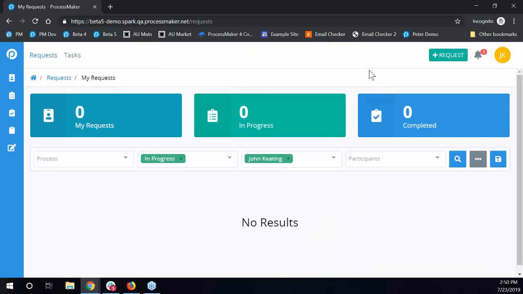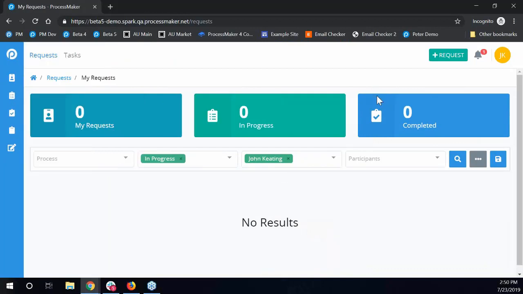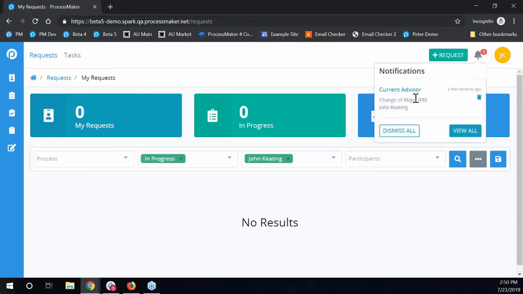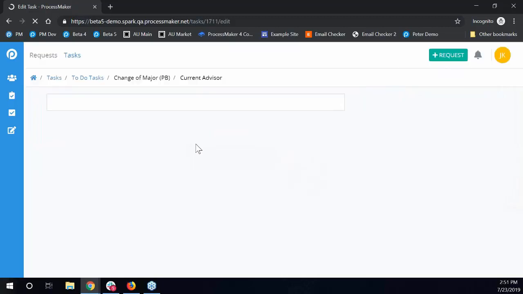And now I'm logged in as if I'm the faculty member. And you'll see the faculty has a whole different kind of navigation that may be related to their particular role and in what department they are and whatnot. This is all configurable without having to write any code, so you can really tweak it to your particular university. But the particular advisor, in this case John Keating, got a request from his student. And so digitally, again, John doesn't have to fill out any paperwork,